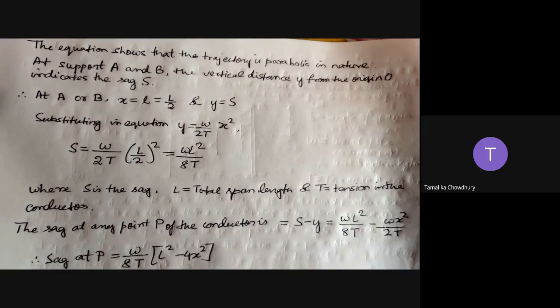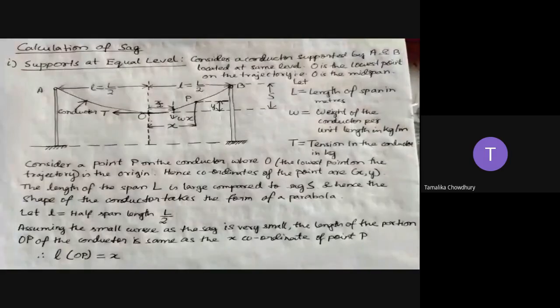So the thing that we are going to consider, suppose here in the picture, when it was an equal level, we see A and B are at the same level. From the ground also it is the same level. From A to B also it is a straight line. Means the two towers are the same bottom wise and topmost part also. Now for unequal levels, we will see the ground is also not at the same level and the topmost part is also not at the same level. Are you getting my point?